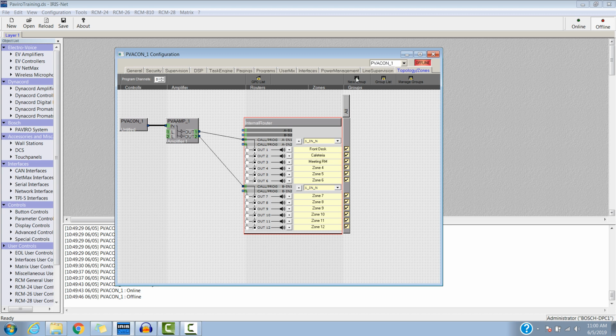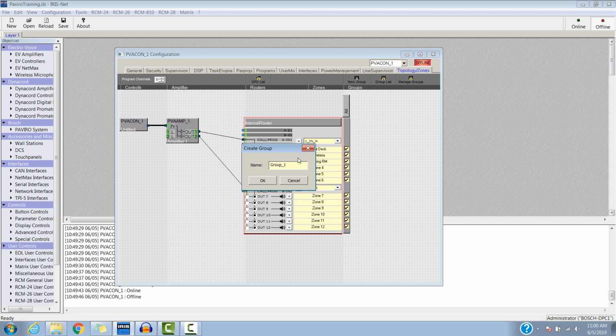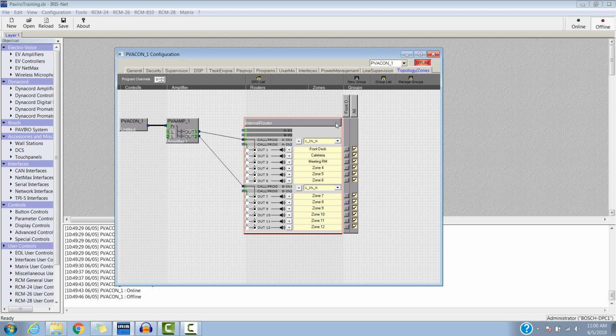From here, I'm going to hit New Group, and we'll call this Front Office. Okay, and now I can check off the zones that I'd like within that group. There's one other place that you can see all your zones and groups which are connected together, on your Manage